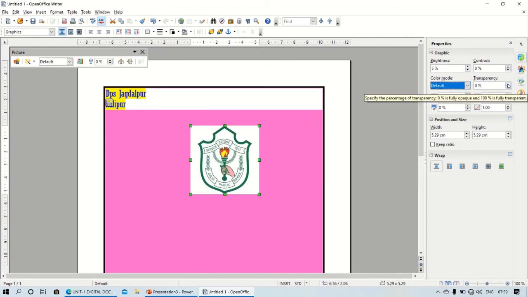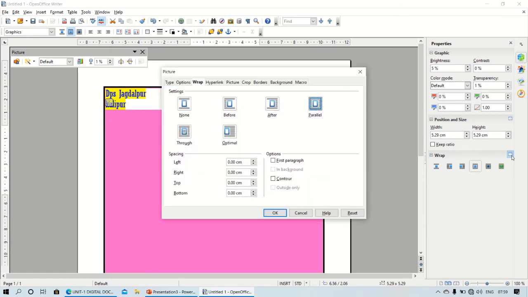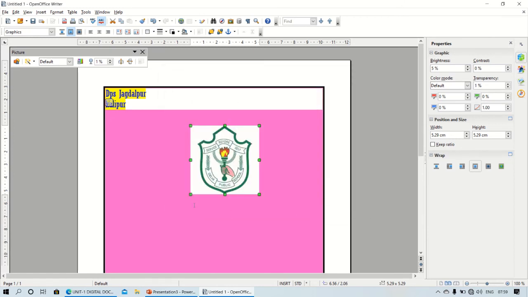Transparency also you could be able to set, so it will be transparent, right? So according to that you can change. If you want the wrap to be there, then you can set the wrap also. Position and size is also available. So according to that you could be able to change your data.